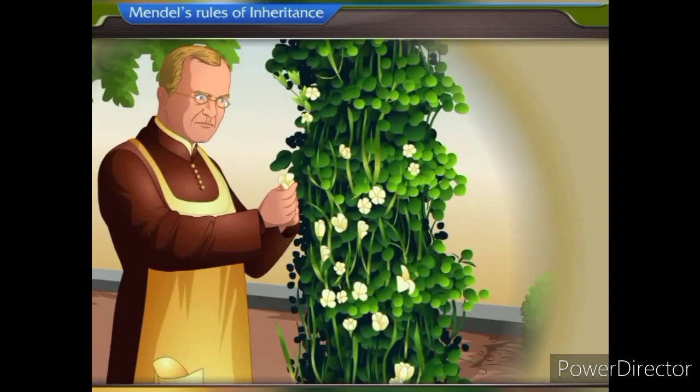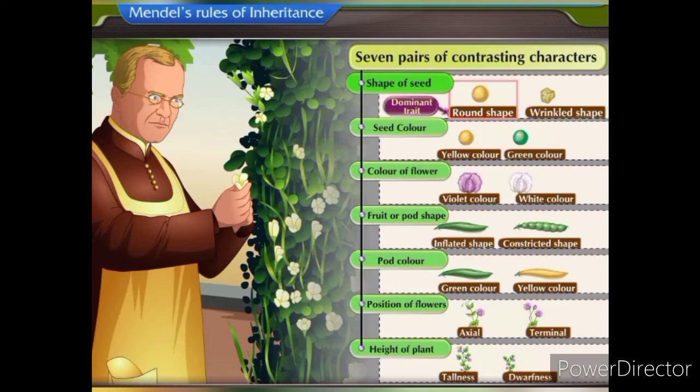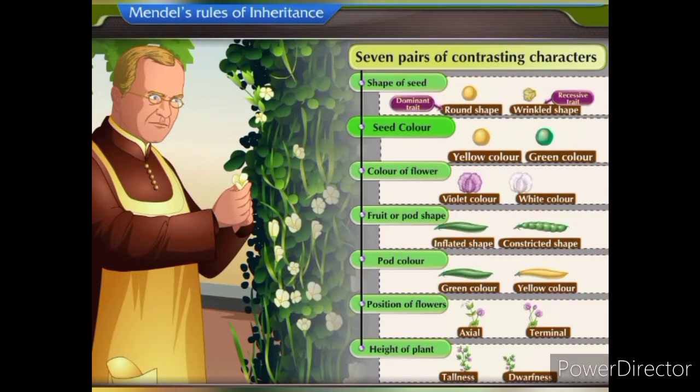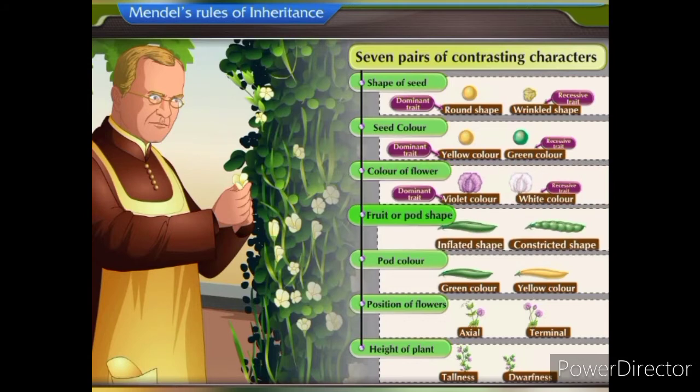Likewise, Mendel studied 7 pairs of contrasting characters. Let us discuss these characteristics. When we consider the shape of a seed, round shape is a dominant trait, while wrinkled shape is a recessive trait. With respect to seed color, yellow color of seed is dominant and green color is recessive. When we consider the color of the flowers, violet or red color is a dominant trait and white color is a recessive trait. With respect to fruit or pod shape,